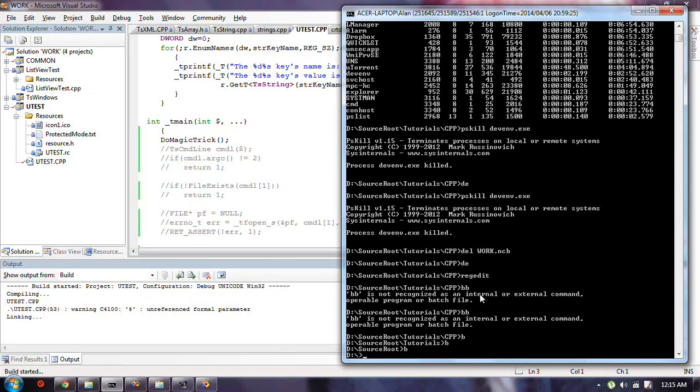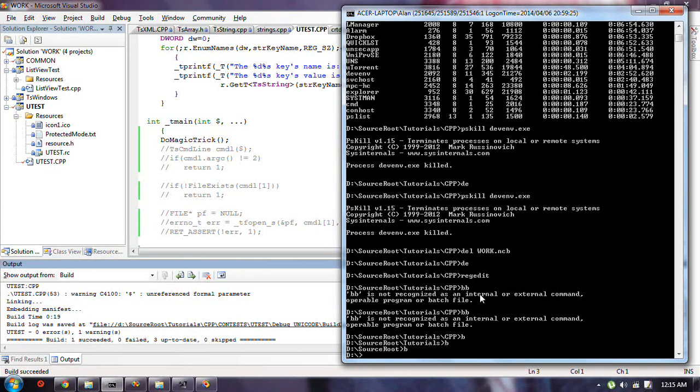Which I might be able to get out of that one with some renaming, because it's not that many subdirectories deep. But the problem is